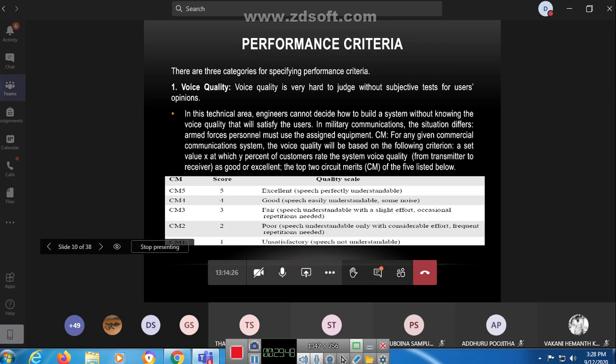Performance criteria. This requires specific performances: voice quality, service quality, and special features. Voice quality we can take with this example: channel 1, channel 2, channel 3, channel 4, likewise. Different channel areas are there, from cell 1 to cell 2, cell 2 to cell 3, likewise. From 1 to 2 it is the nearest distance, so there is no problem, and 1 to 5 is a long distance, so there are some disturbances. These all communicate in our cellular system. If the communication is good, then we maintain the voice quality.